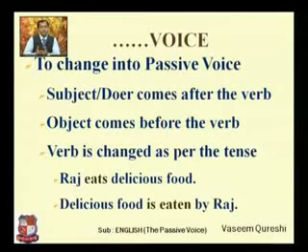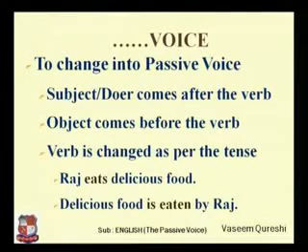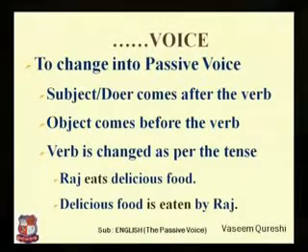So when I have to change the sentence, Raj eats delicious food, into the passive voice, Raj as a subject goes after the verb, but then I have to write by Raj. You know, if there is he, you have to write by him. If there is we, we have to write by us. So in that way you have to change the name of the person, right? You have to use by with the subject when it comes after the verb. The second thing, the delicious food, it comes before the verb. So in the passive voice of that sentence, you can see delicious food is eaten by Raj.